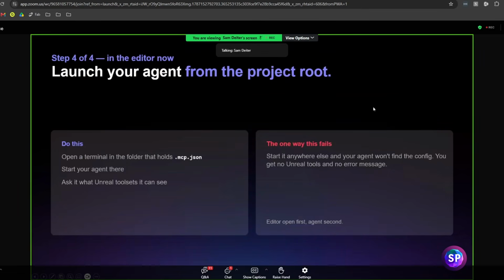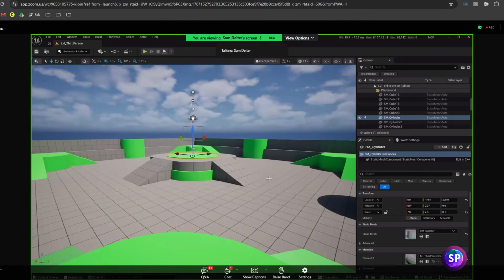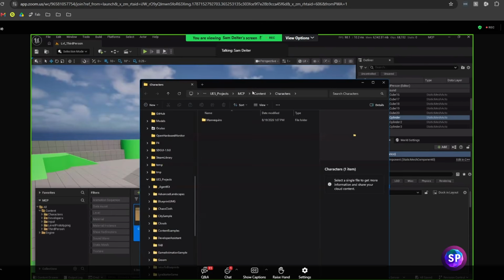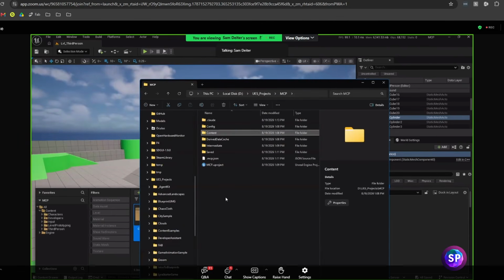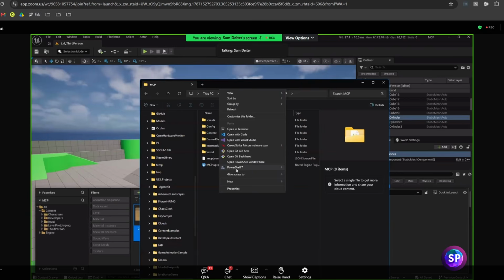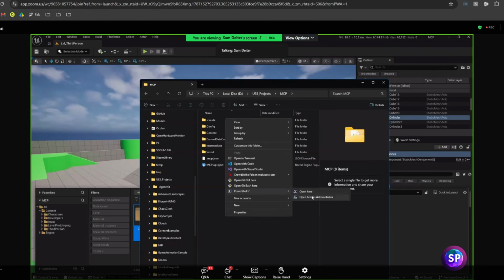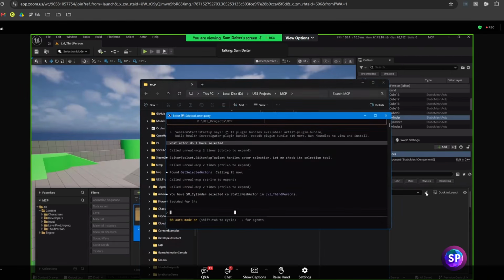And then we open up the agent like so. Let's come back to our project here. So again, to get the agent into this project, I right-clicked here. I went Show in Explorer. Let me bring the Explorer back on over here. Went to my MCP and just right-clicked inside of here. We're going to go Show More Properties, and we're going to go PowerShell. And then I opened up my PowerShell, which we can see is right here.